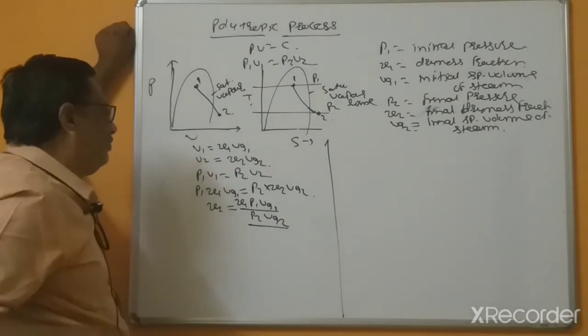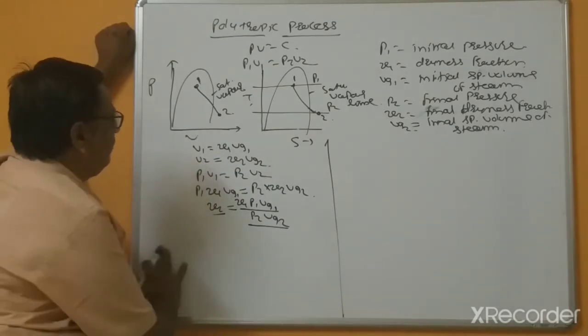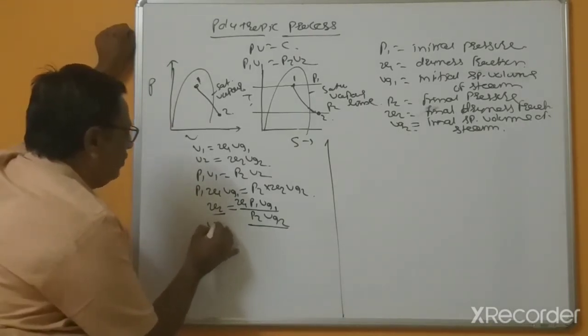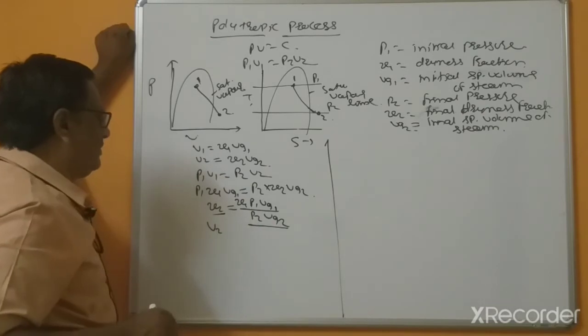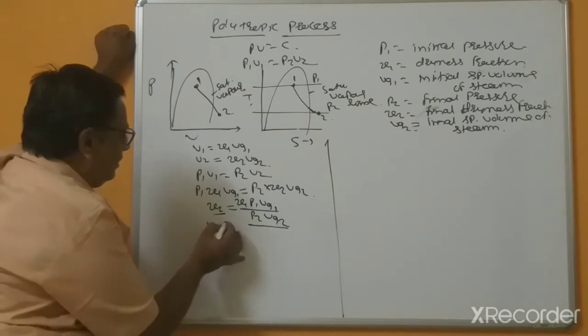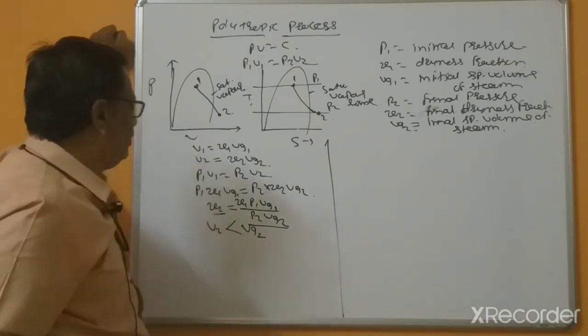Now, when the specific volume V2 is less than Vg2,